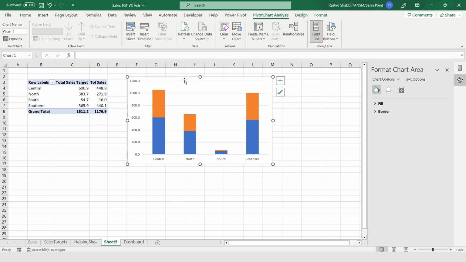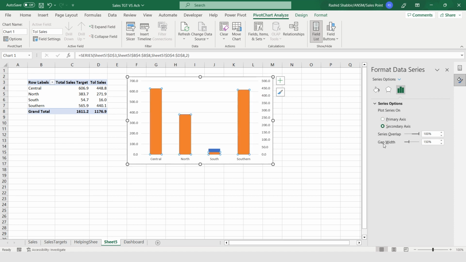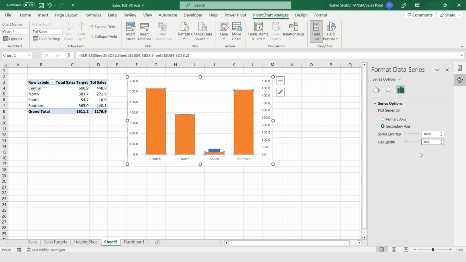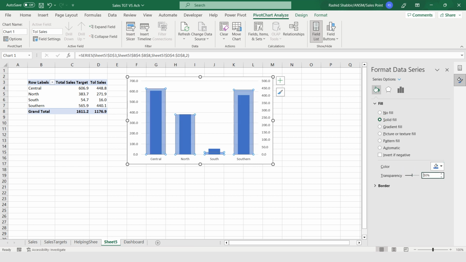Selecting my chart, selecting this upper part, going here I need to select secondary axis, and going to make this 50%. Now I'm going to this one, fill, solid fill, and make this 50%.